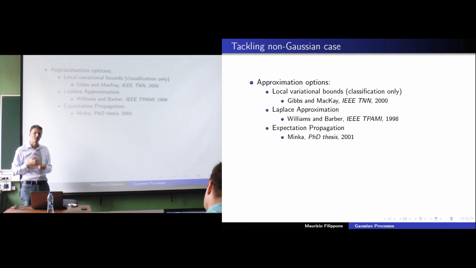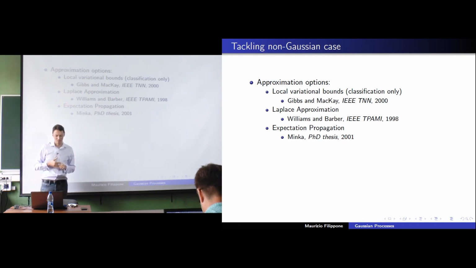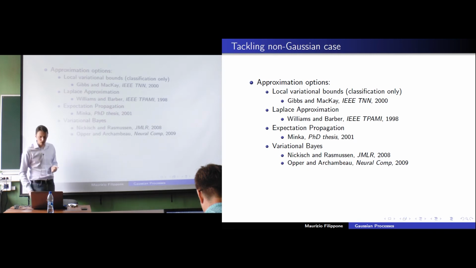But actually, I have friends that told me the opposite. But I wouldn't swear on that. But anyways, so they have pros and cons. And also, if you take the KL divergence the other way around, then you can get other methods, which are called variational-based methods. So depending on how you take the KL divergence, you can get different kinds of approximations, okay? And these appear in a nice paper by Nickisch and Rasmussen, which is really a survey paper on approximate